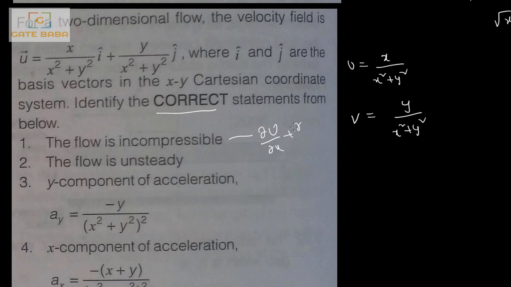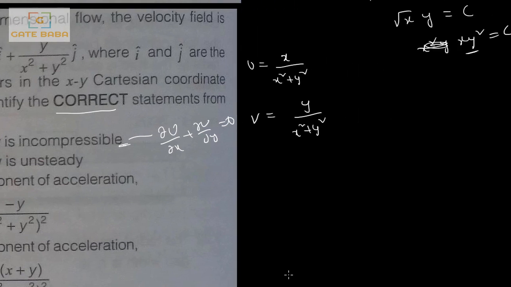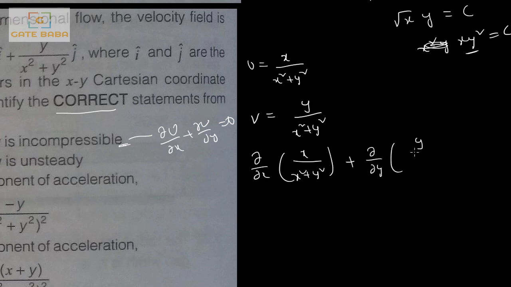∂u/∂x + ∂v/∂y has to be 0. So check first this condition. If it is satisfied, then we'll go further. So ∂/∂x of (x/(x²+y²)) plus ∂/∂y of (y/(x²+y²))